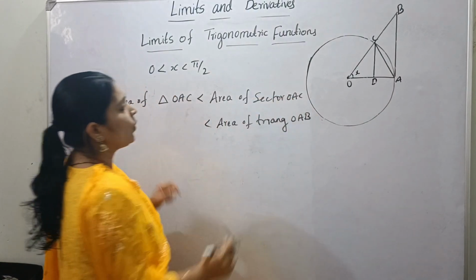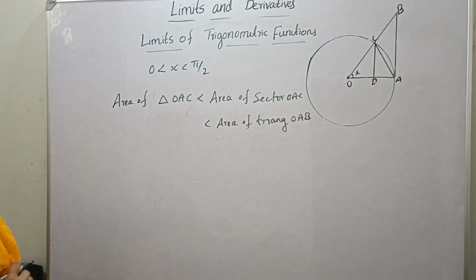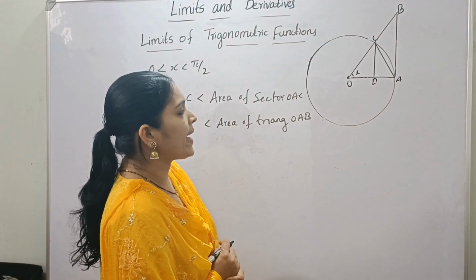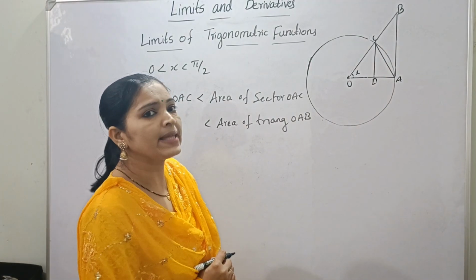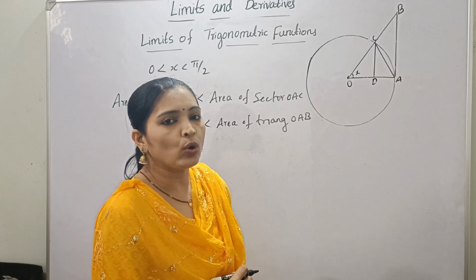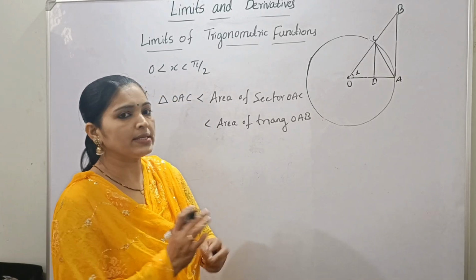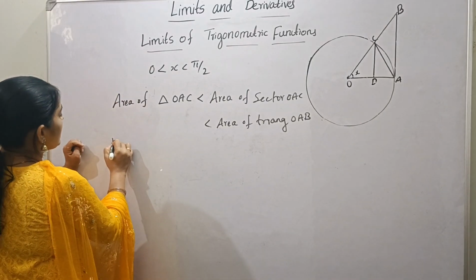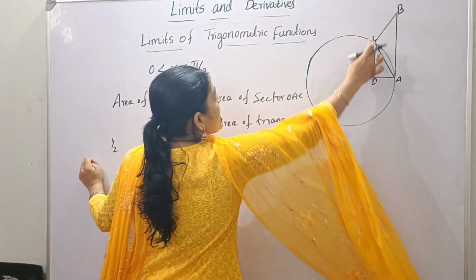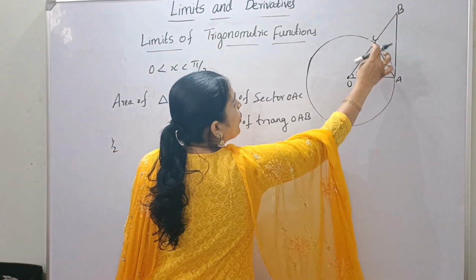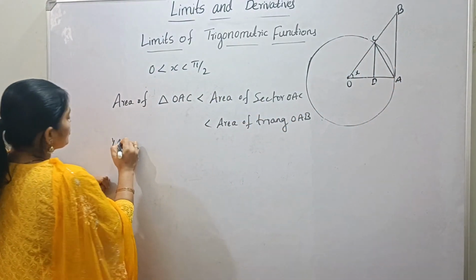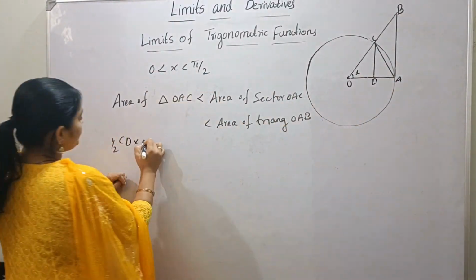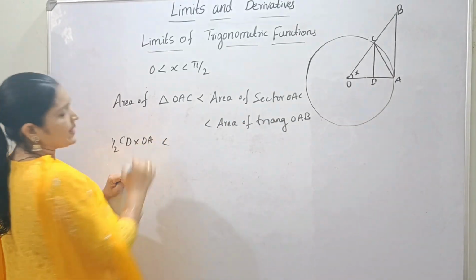Now what is the area of the triangle OAC? In triangle OAC, CD is the height. We know the area of a triangle is half into height into base. So we can write half into CD into base OA, that is less than